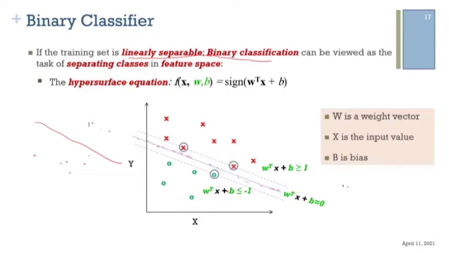And then, of course, this is the equation of a line. We have the weight we already mentioned. W is the weight vector, X is the input value, and B is the bias, just like we explained in the case of neural network. So when we have this case,